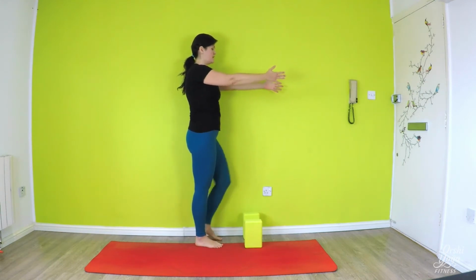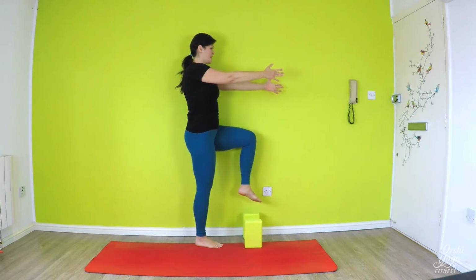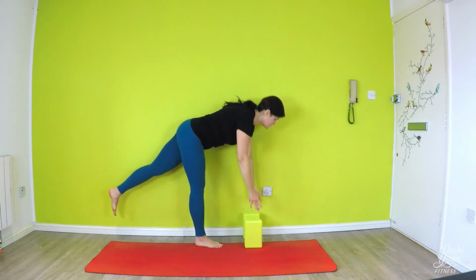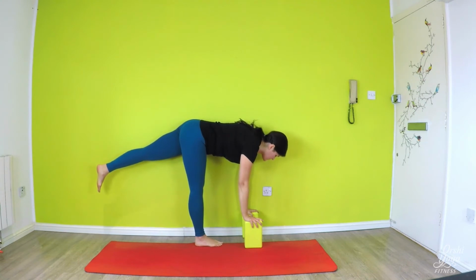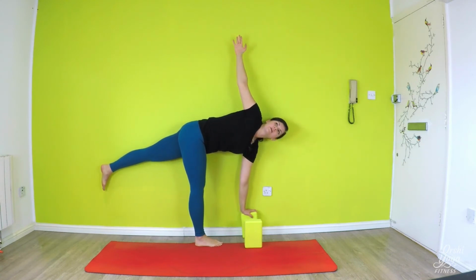Let's just bend your right knee parallel to the floor. We're going to take a long breath in. As you exhale, begin to fold forward, extend the leg out behind you. Rest your hands on your blocks. Take a breath in. As you exhale, lift your left arm up, lengthening through the spine, lifting that arm up,